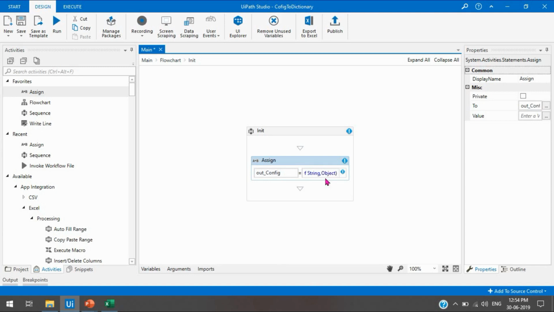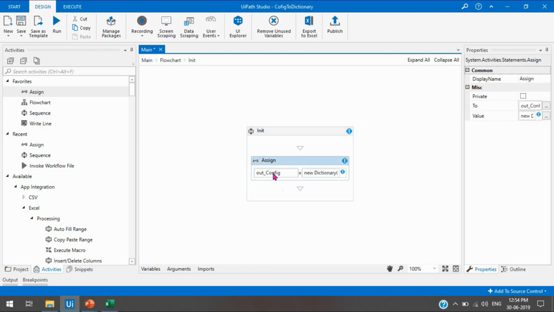We take a string because we are going to pass the key as a string, and the object can accept any type of data. So that's why we will take object, so that we can pass a string, boolean, date time, date or integer.